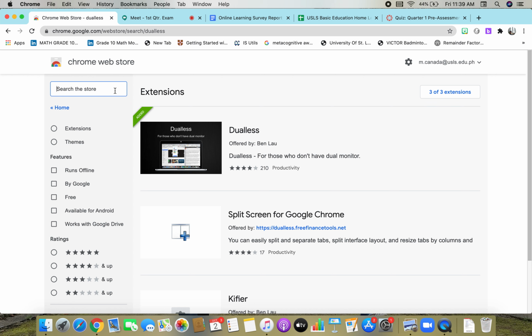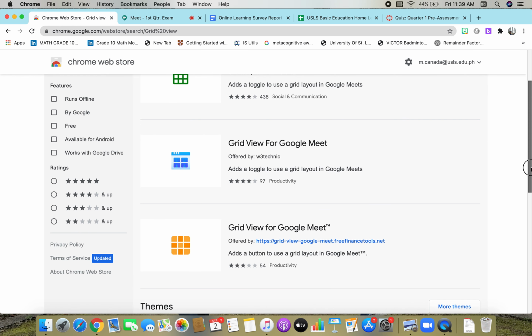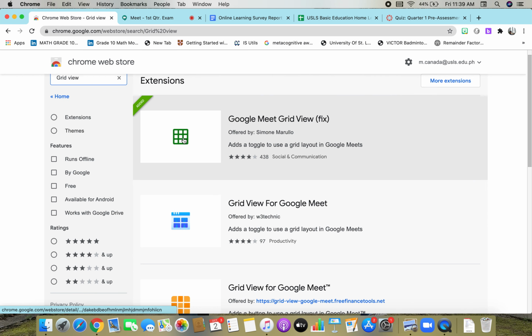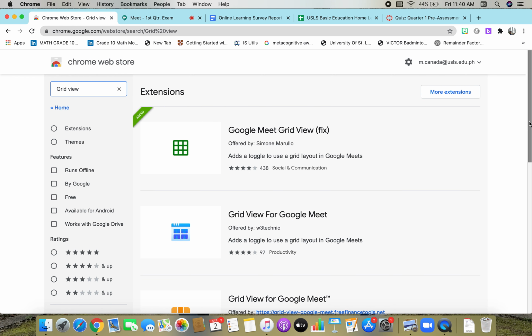The third one is called the grid view. Okay, and we are all familiar with grid views when we're using Zoom, and also here in Google Meet, we have a grid view extension. There are actually two kinds of grid view extension. There's a black and white icon, and there's a green icon. I would recommend that you choose the green icon, since the green icon would actually show everybody on screen,